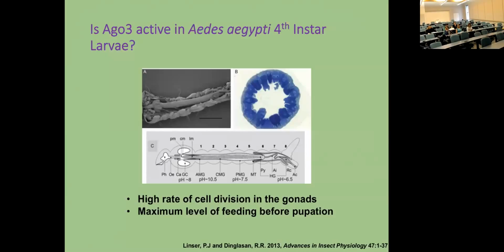And so here's an image of a larvae that I've just pirated from a paper by Linster and Ding Larsen recently. And those of you who do mosquitoes will be familiar with this, with the figure down the bottom. And what's peculiar about 4th instar larvae in Aedes aegypti in the context of transposons, which is where we're coming from, what is silencing transposons in Aedes aegypti? Well, there is a rapid rate of cell division in the gonads. And so one might expect a priori that there could be increased transposition if that cell division has been accompanied by increased transcription in the